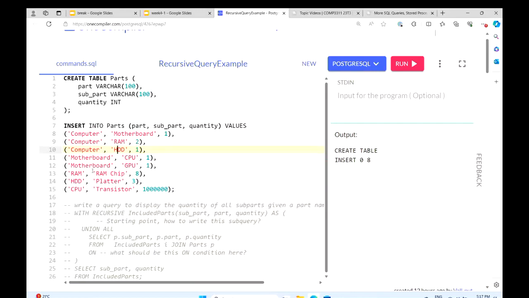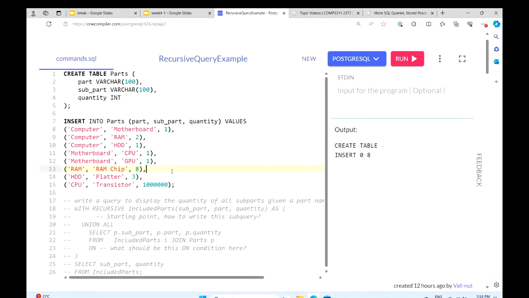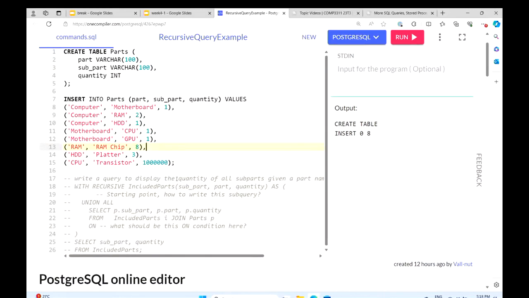And for RAM, we have RAM chip. And for hard disk, we have platter as a subpart. So you can see that it is tree-like or multi-leveled data here. So how can we traverse all the subparts? How can we traverse this table here? We need to use a recursive query.